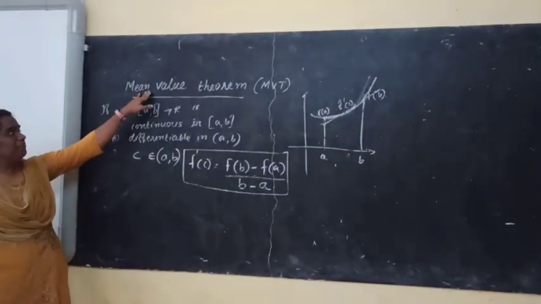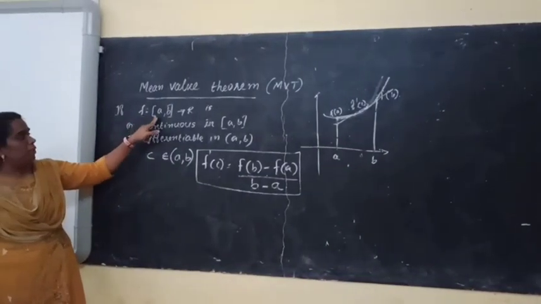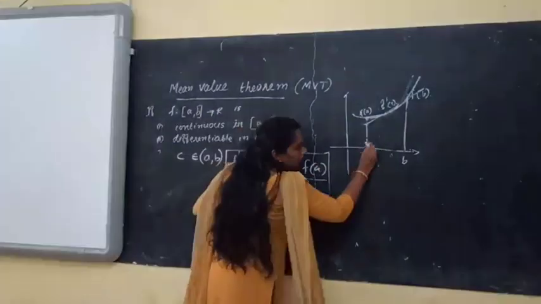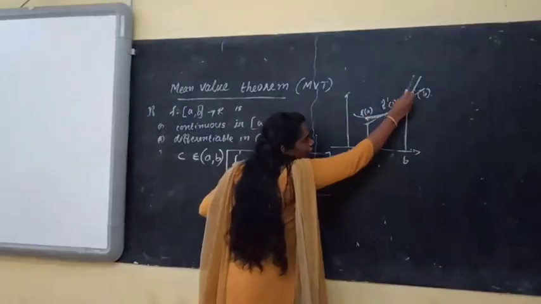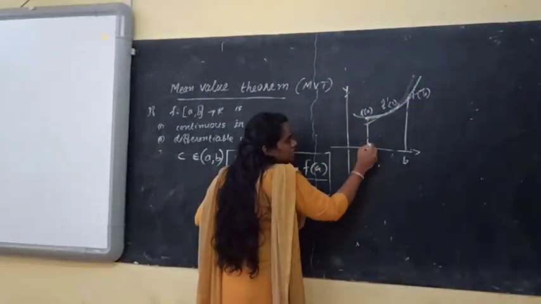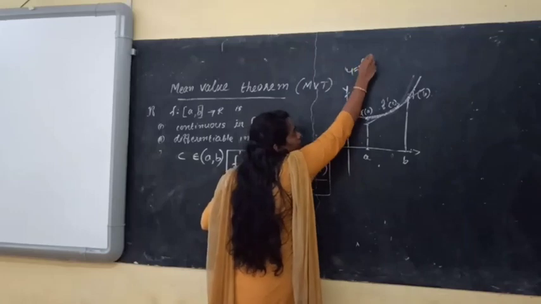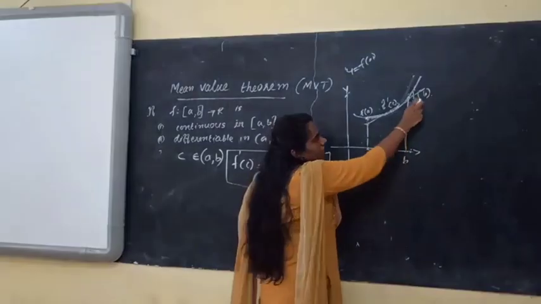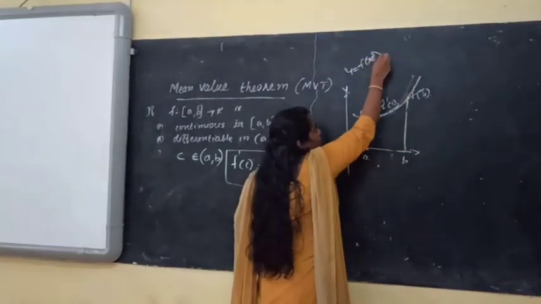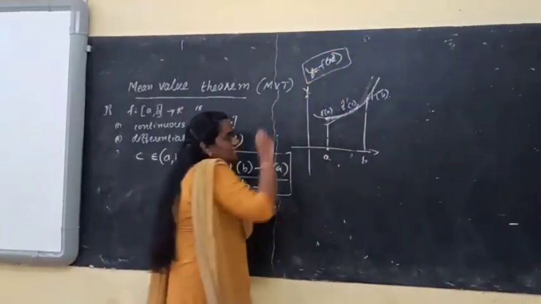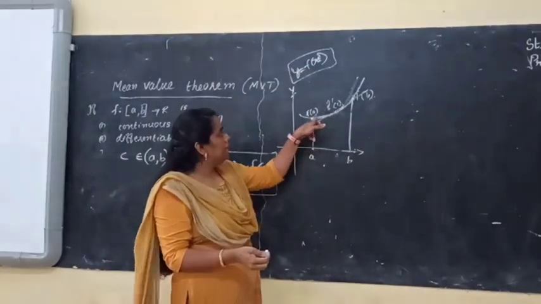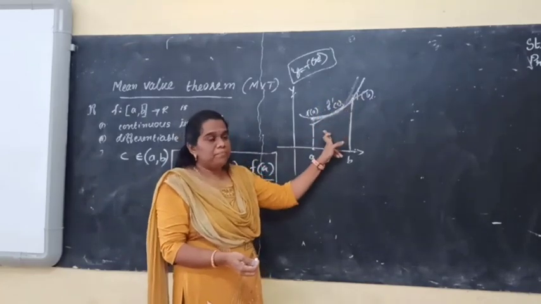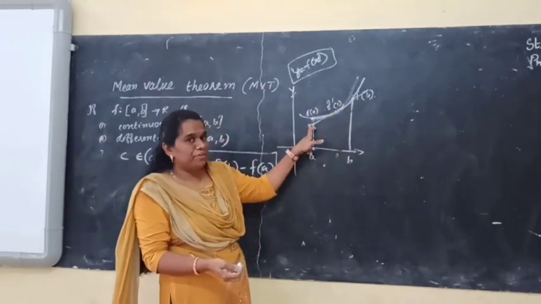Once more, I would like to define this mean value theorem. f from closed interval a b to R is continuous. In the graph you see a and f of a, and f of b. This is the x-axis, here is the y-axis. y is equal to f of x is our function. When x is equal to a, then it is f of a. When x is equal to b, here it is f of b. They are not the same. f of b is greater than f of a.